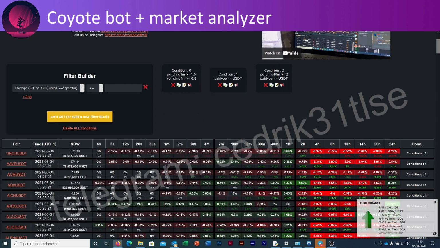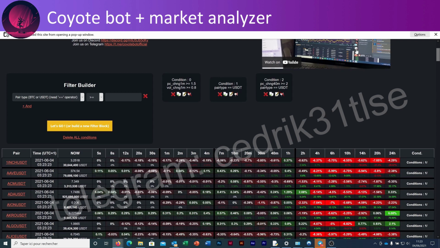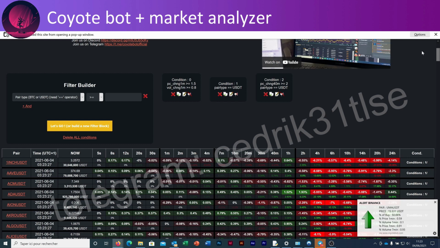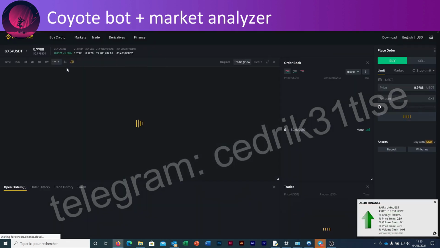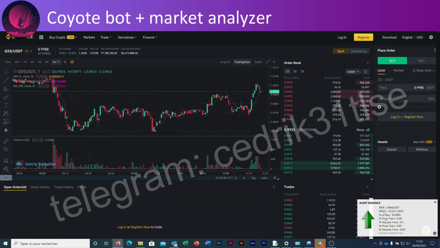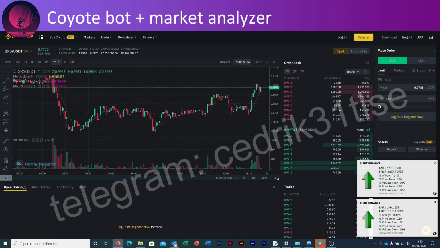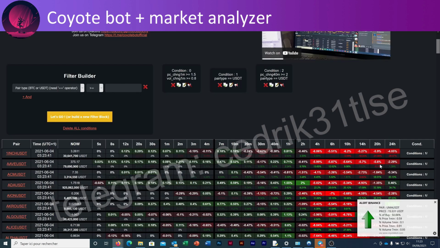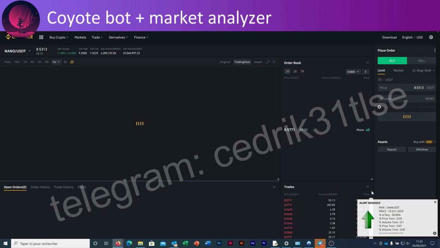So I just have to click on it. It should open the chart. Oh yeah, of course I need to activate the pop-up. So I can see here effectively I have some pumping movement on these coins. I will check the other one.